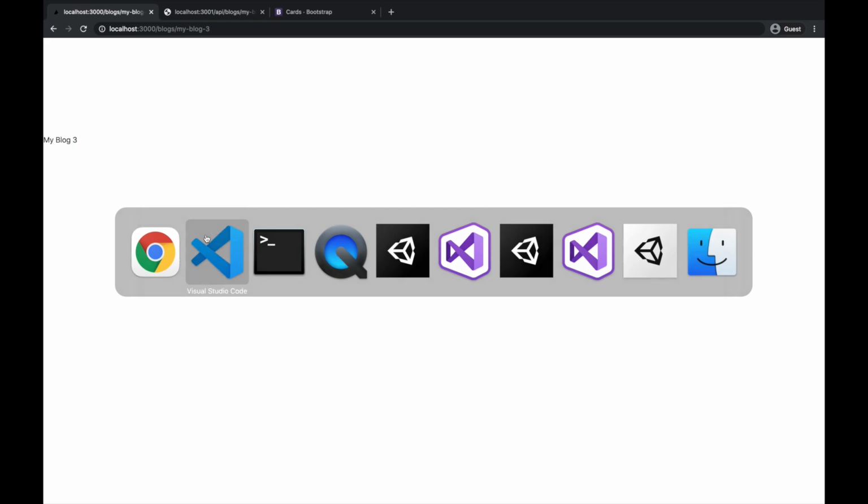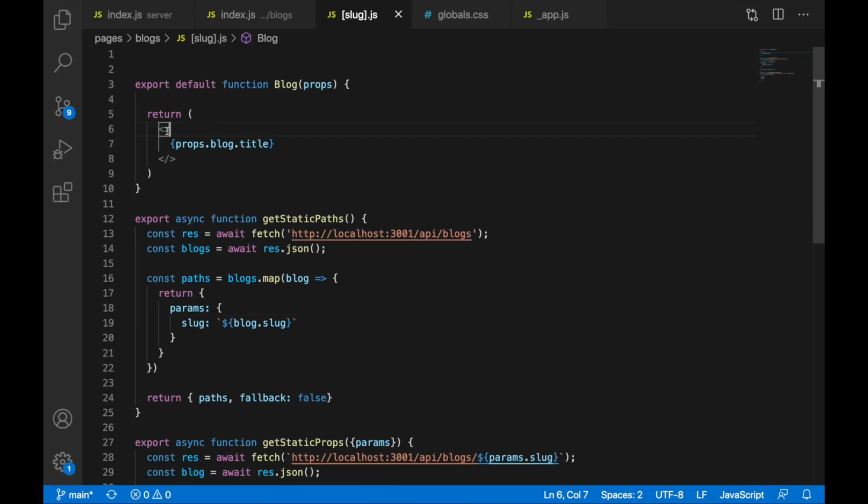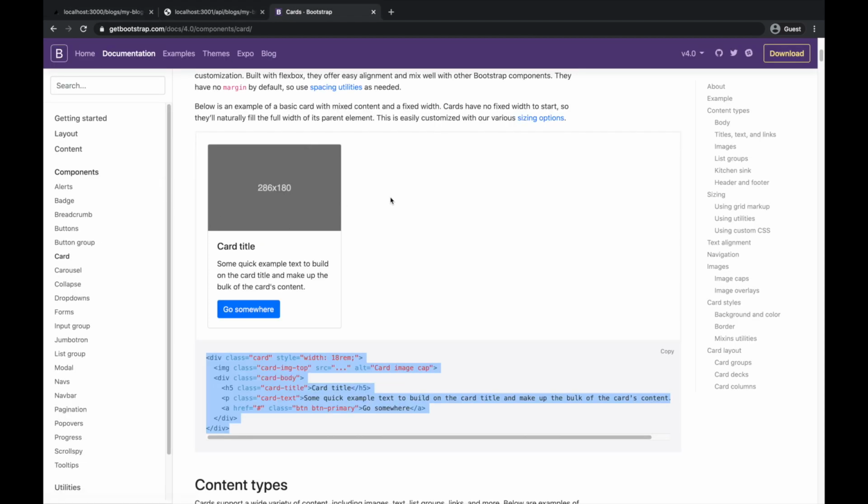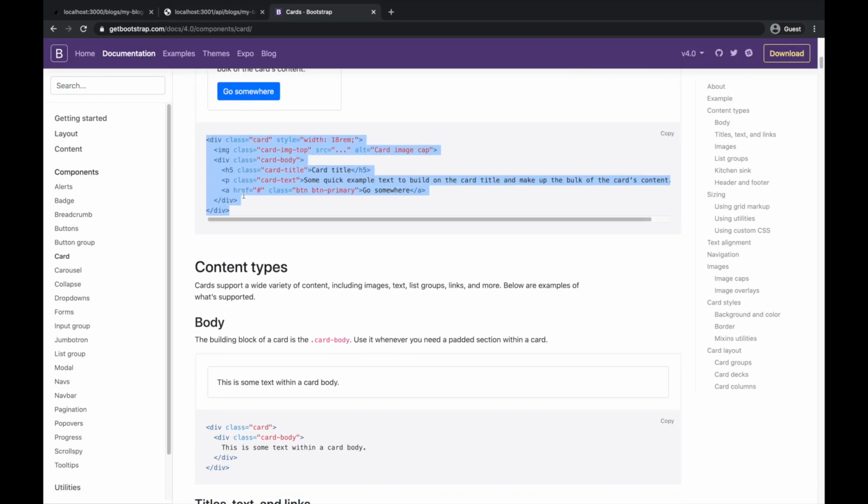Okay, so again, we can go back to the code editor. We can wrap this inside of a div of a container as we had it before. So div className of a container. Okay, and let's find some example in Bootstrap. So let's go to Bootstrap, and let's find here some nice example of the block. So for example, for this, we can go to